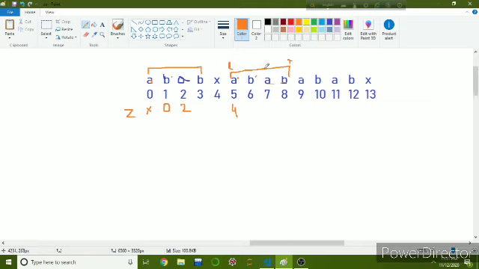That means starting from index 5, that is L, up to index 8, that is R, this segment is already matched with the prefix starting from index 0 up to index 3. We will call this segment a previously matched segment, and if there is any index for which we haven't calculated the z value till now, we can use the previously calculated z values.